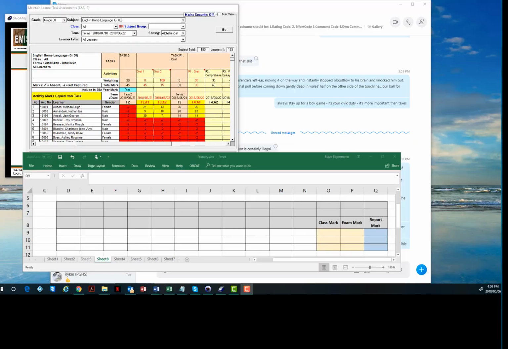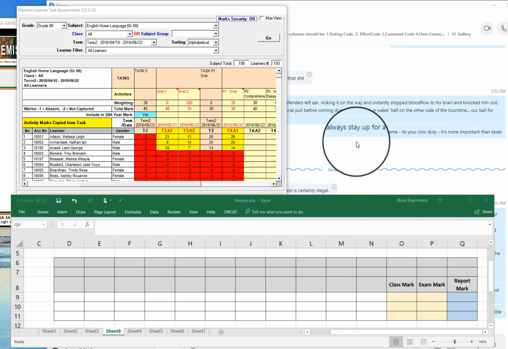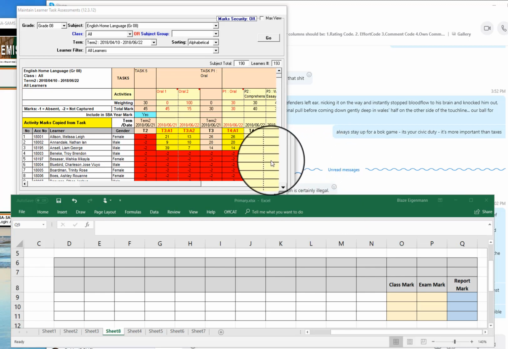Hi folks, this tutorial is basically showing you the mark build process for English grade 8 Home Language, Term 2, kind of a follow on from the first one I did, which was for grade 9. And as I've explained before, if you can start to learn how to build the formulas from these, specifically the home languages in phase 3, you'll get a good idea of how to put them together